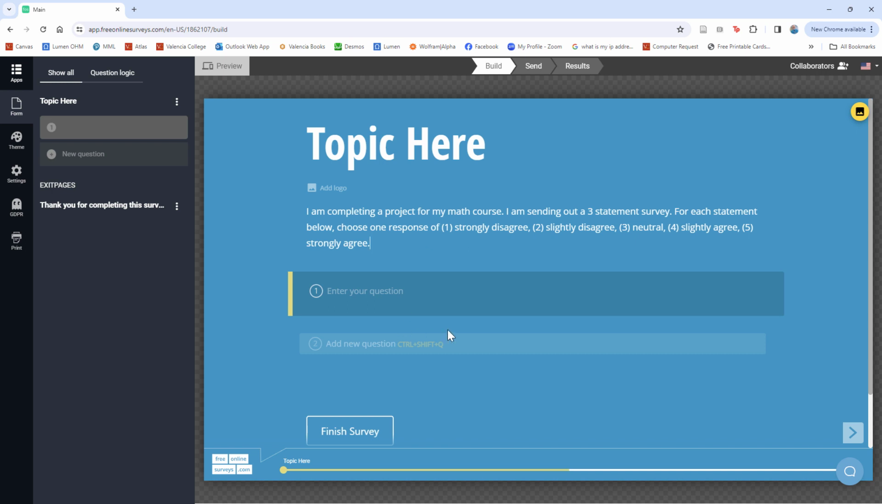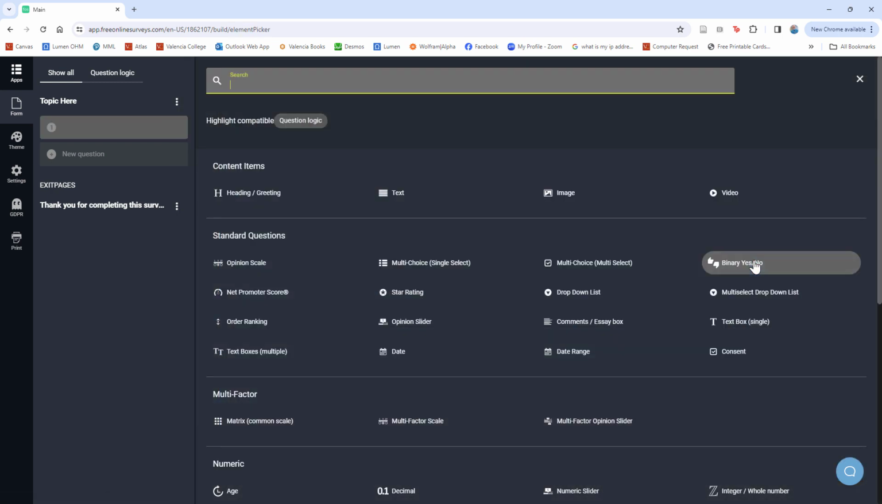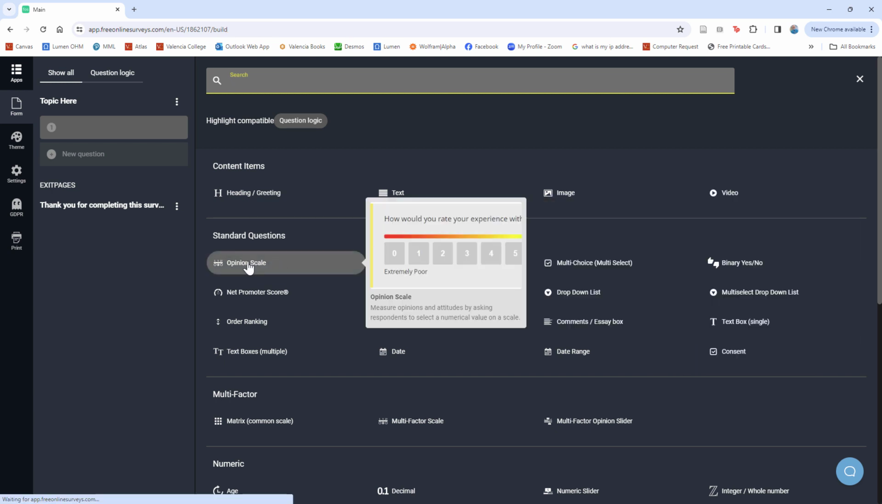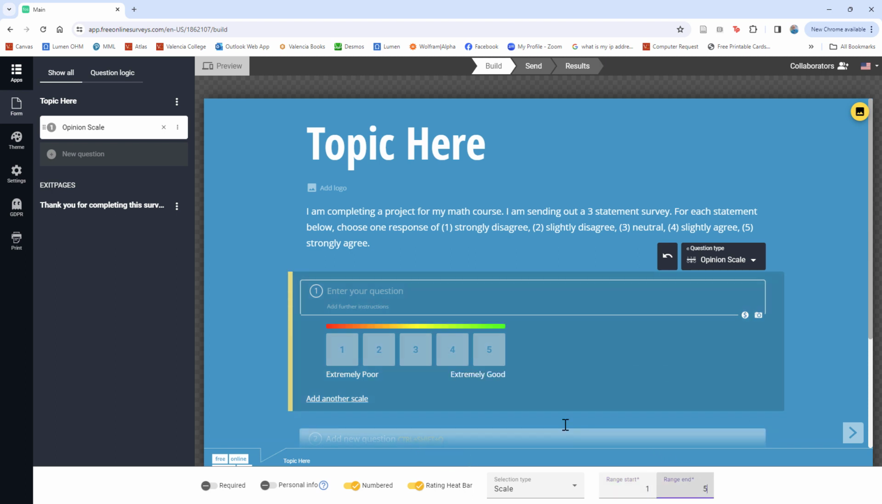All right, next step would be to enter my question, which we were calling these statements. So what I'm going to do here first is up in the right-hand corner, I'm going to choose question type. And what I want is an opinion scale. So I'm going to choose opinion scale here. And you're going to notice it gives me 0 to 10, and this I want to change. And down at the very bottom, I'm going to click range start, and I want that to start at 1. And I'm going to click range end, and I want that to end at 5,